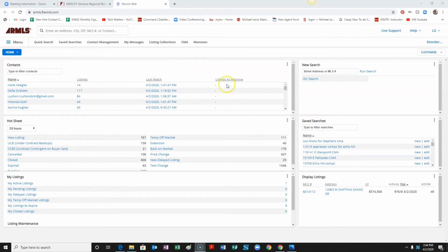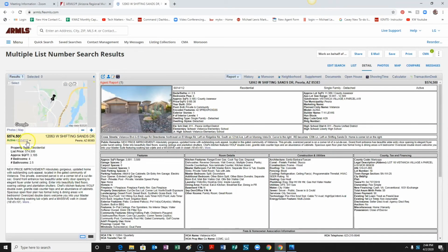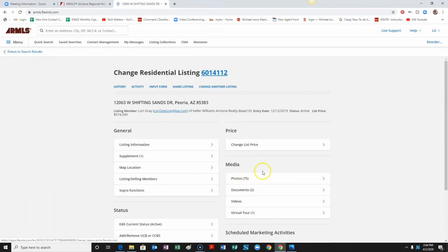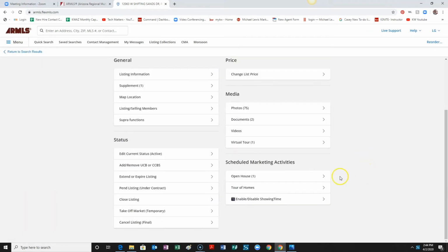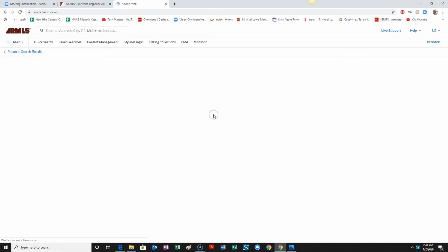Log into your ARMLS and then go to the listing you want to be working with. You're going to click on that listing, and then you're going to click right here next to the MLS number. Go to Edit Listing. Scroll down and click on Open House. Now Lori already has one scheduled because I showed her how to do this earlier, but you're going to click